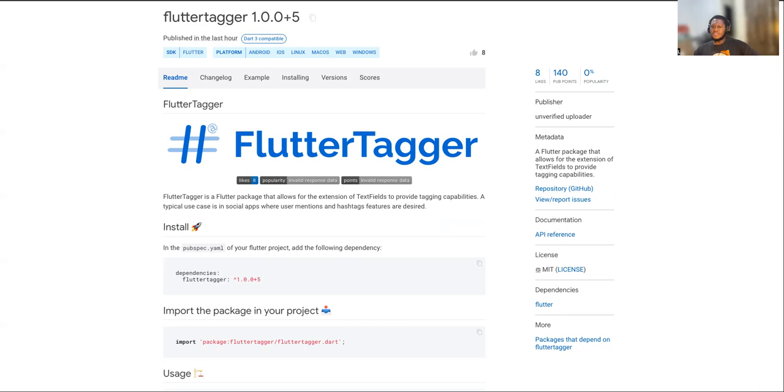So if I wanted to tag a user whose name was Frank and I typed @Frank, the style is the same as every other text that I have in that same text field. So that was the first problem that I wanted to solve. How do I make @Frank look different? Maybe have a different color, maybe a different font weight if I want, from every other text in the text